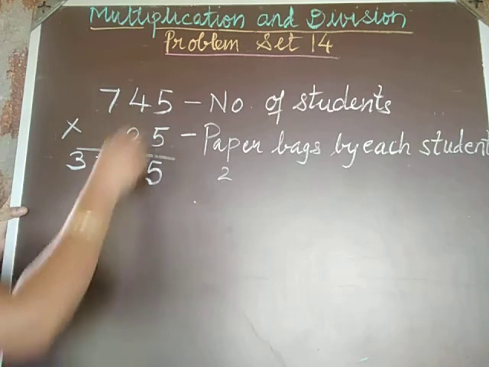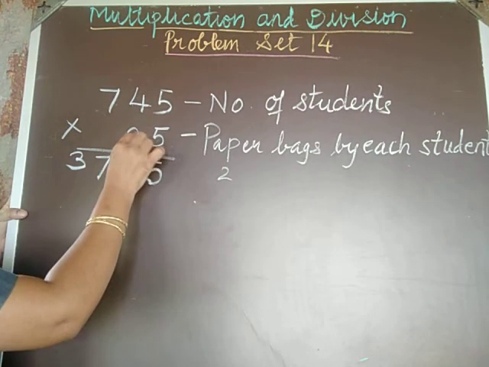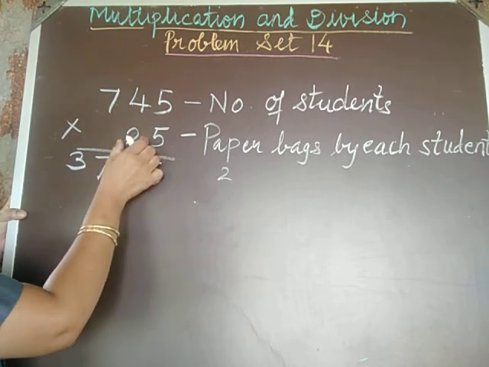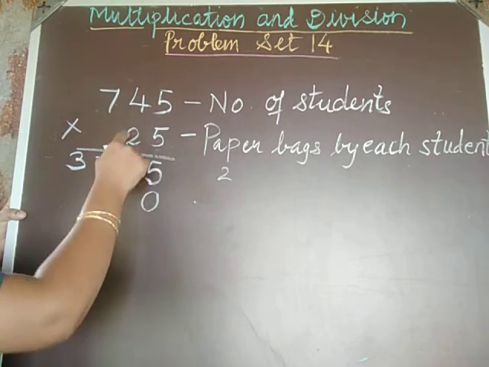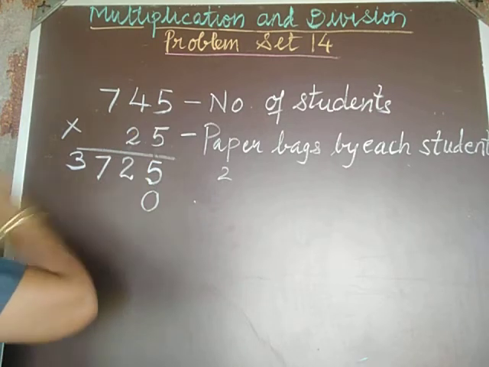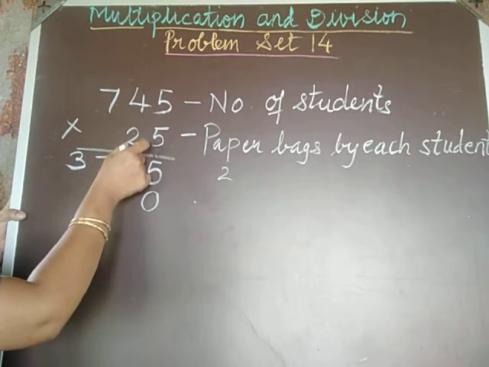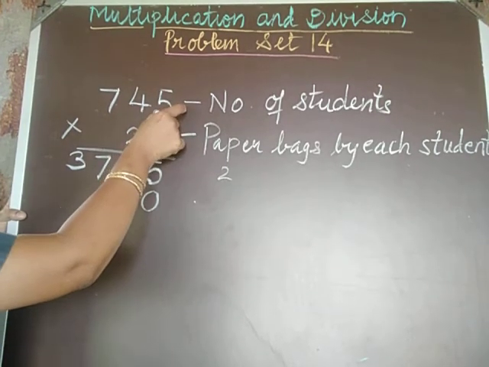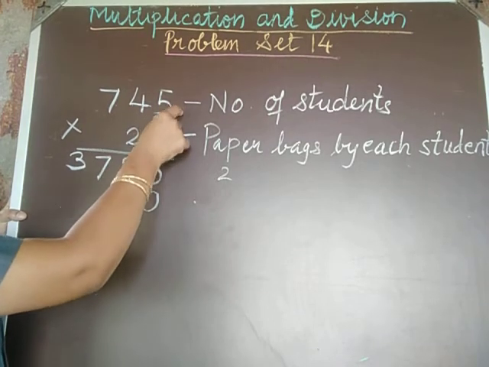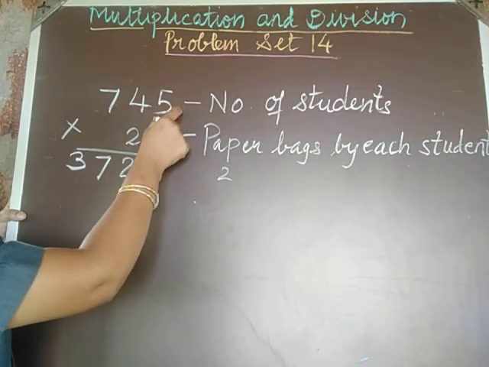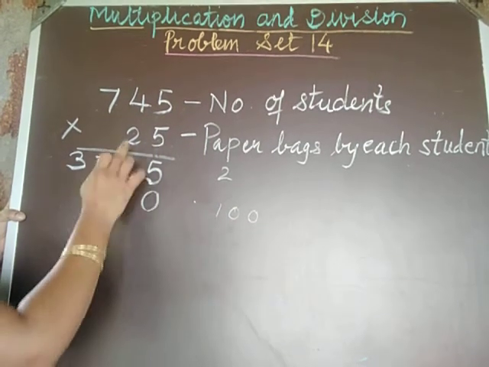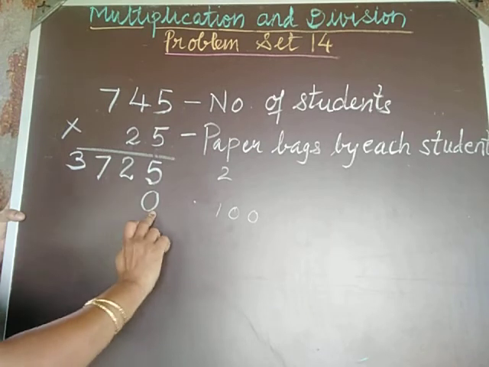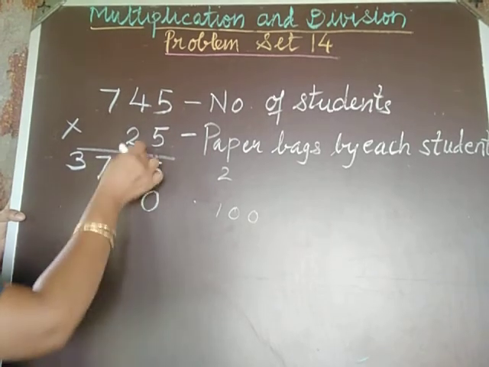Fine, students. Now we have to go for 2. So when we are going for the tens place, we have to write 0 in the units place, because when you are multiplying 2 tens with 5, that means we are actually doing 20 multiplied by 5. 20 multiplied by 5, we get the answer 100. So 100 means you will get 1 0 0. So now that 0 means this one. Remember that.